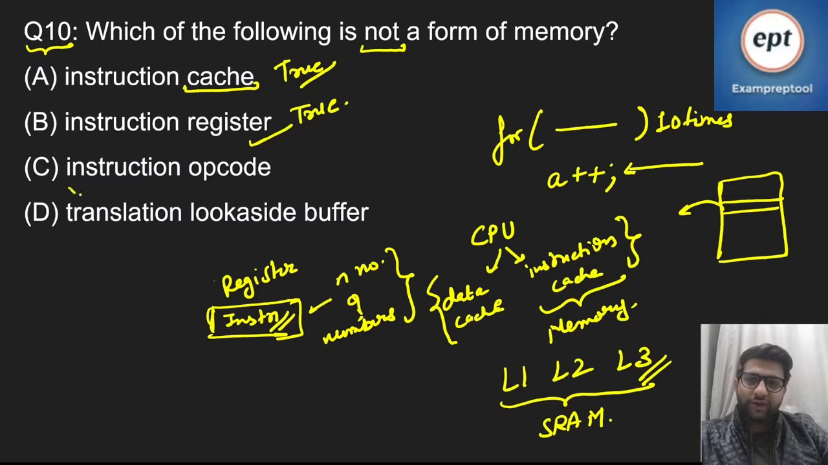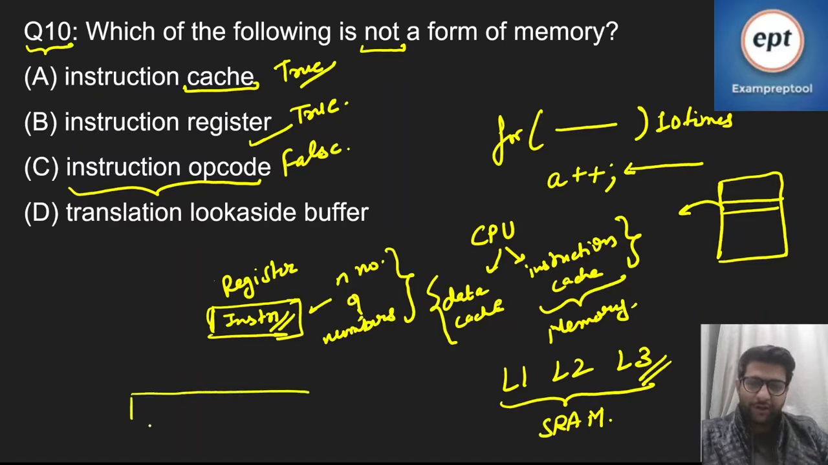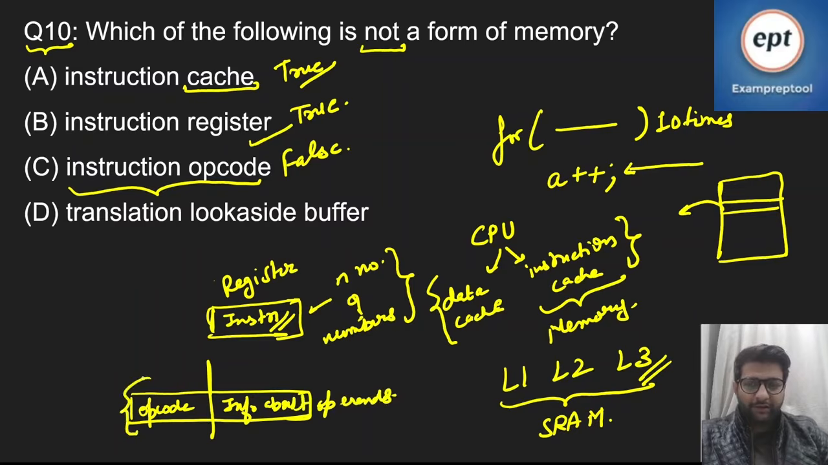Option C is saying instruction opcode. This is false. Why? Because instruction opcode is not a form of memory. It is just a representation. If this is an instruction format, it has the opcode and the info about the operands. See, opcode is not a form of memory. It is just a representation